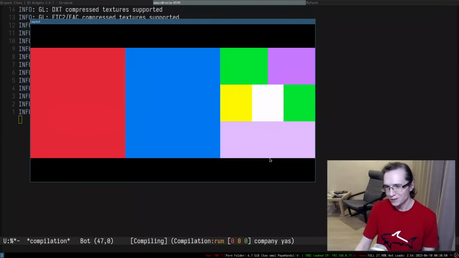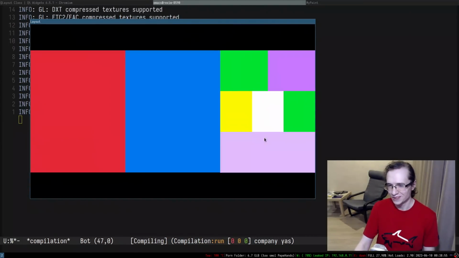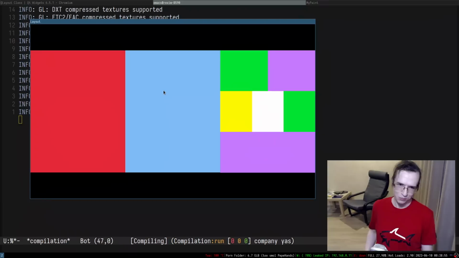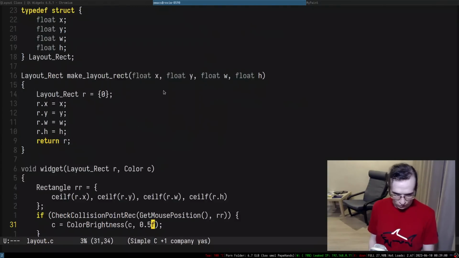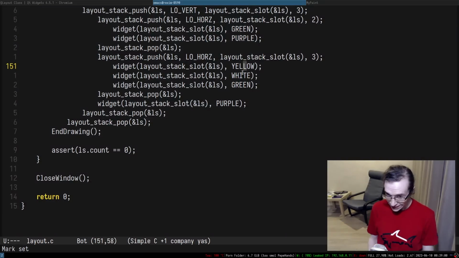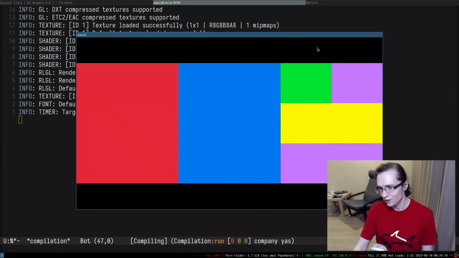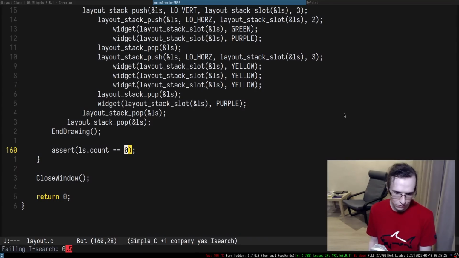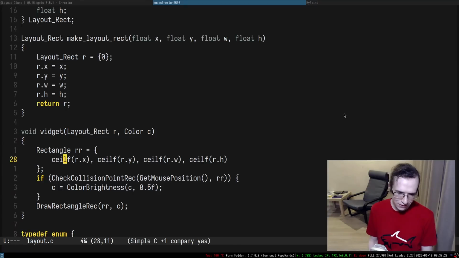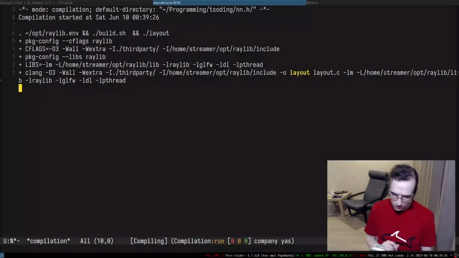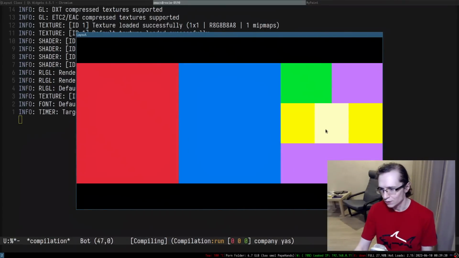We have a simple UI. Yay! Isn't that cool? I think that's pretty awesome. So, by the way, there is a reason why I was using different colors. Now, since we have a highlight, I can actually use the same colors. You won't tell that this yellow stripe is actually 3 elements until you try to interact with them. Now we can clearly see the 3, well, kind of. So I think we have to make it even more bright. Maybe 75. Yeah, there we go. So now you can see that it's the 3 elements.